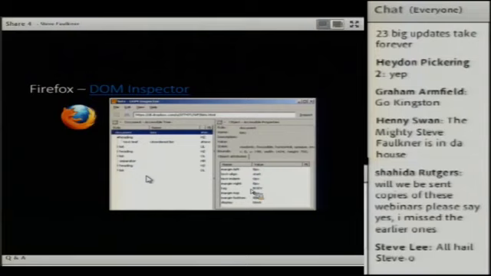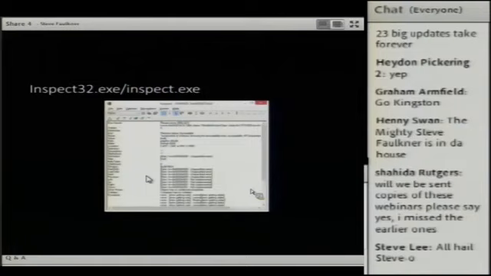So that's one example, but it's only for Firefox, and it's useful, but its utility is limited. And then we've got one of the old classics, which is inspect.exe, and inspect32.exe. Well, inspect32 is the classic. Then they updated it to inspect, and this is one of the things that Microsoft provides. Unfortunately, they don't just provide it as some place where you can go and download it. It comes as part of the whole SDK, the standard developer kit or whatever SDK stands for. And so you've got to get a lot of stuff.